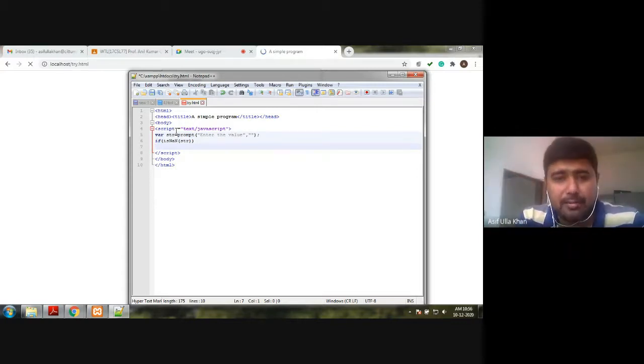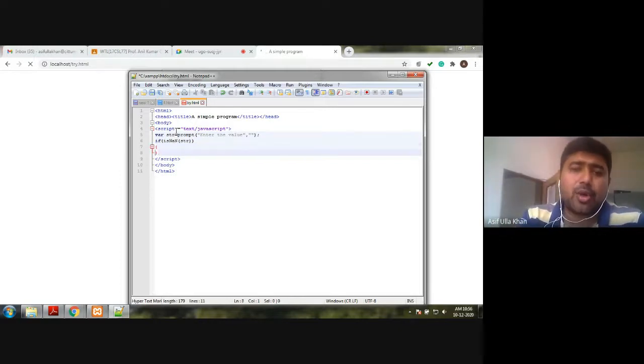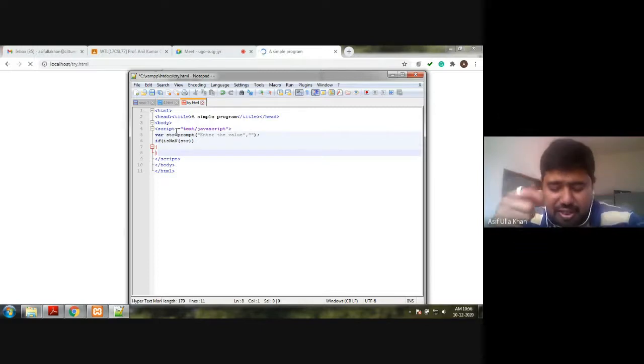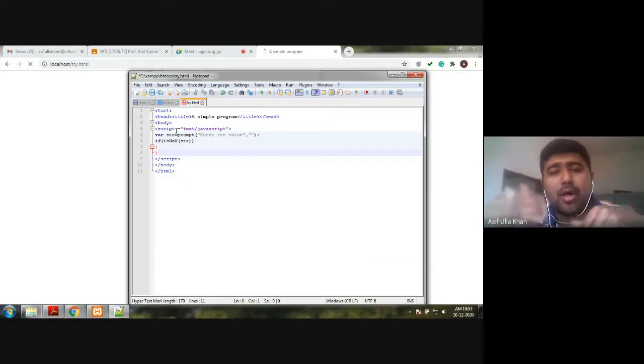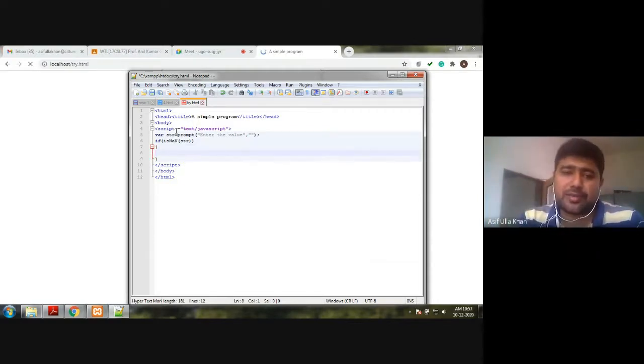If it is not a number, then obviously it is a string, right? The isNaN function returns true if the value equates to not a number, or else it returns false.